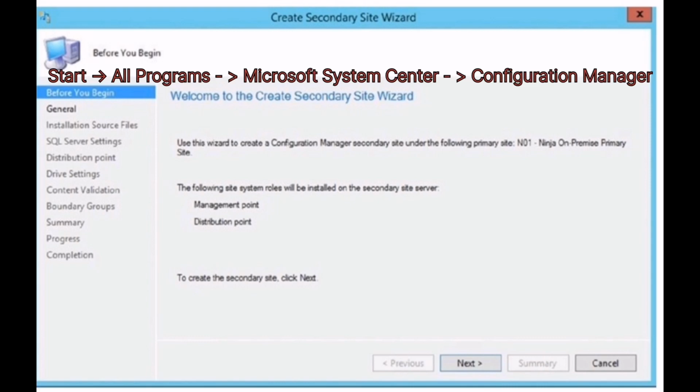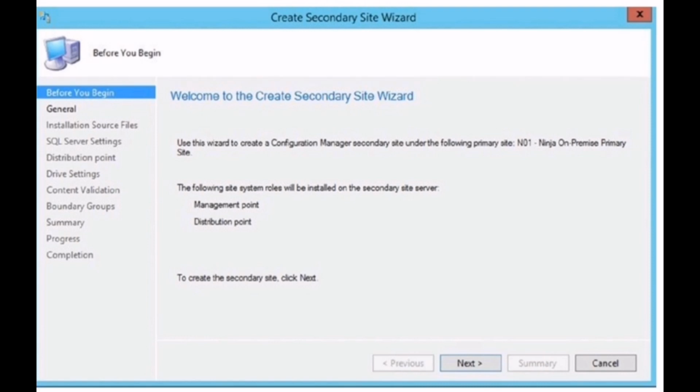Then you have this Create Secondary Site wizard open for you, and now you can see that the two site system roles are available to get installed on the secondary site server. So proceeding with the next